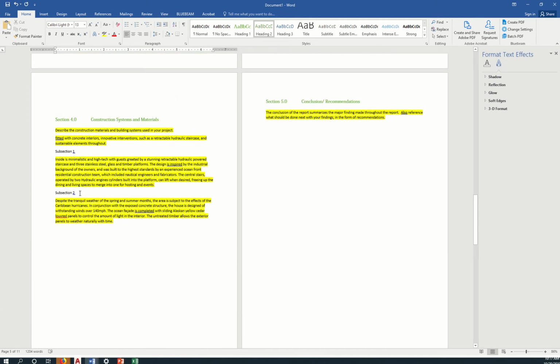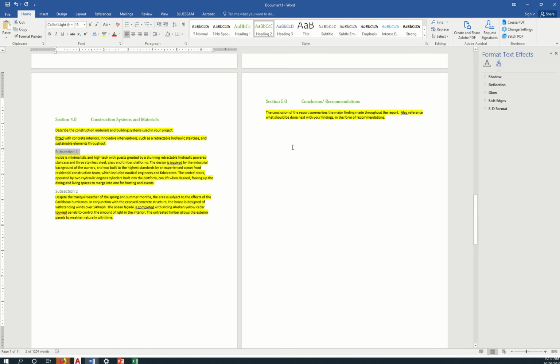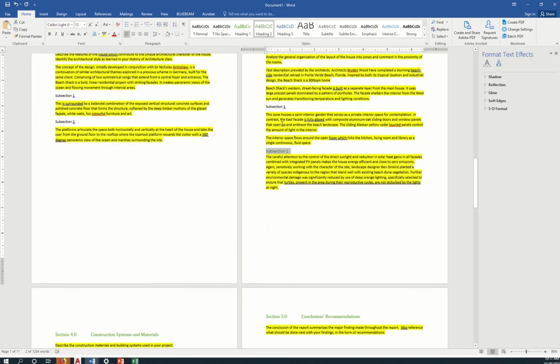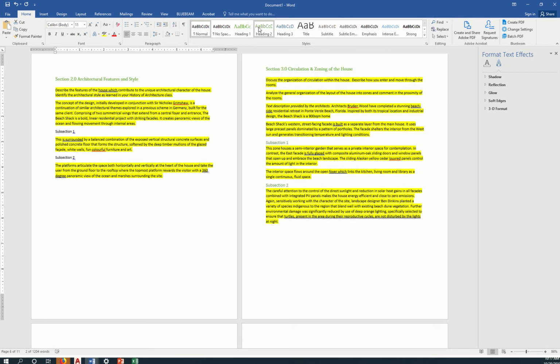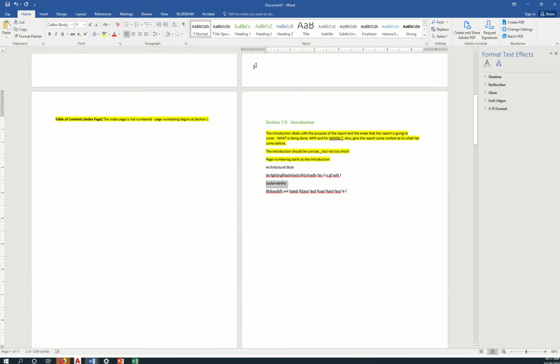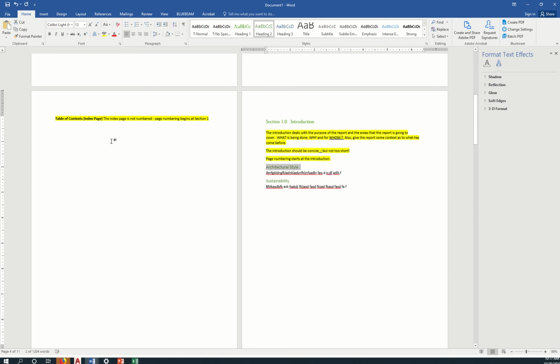Okay. And subsections will be heading 2 as well. Okay. So I'll change the subsections to heading 2. Okay. Change that to heading 2. And once you've done that, you can now go to your page number 3, table of content,